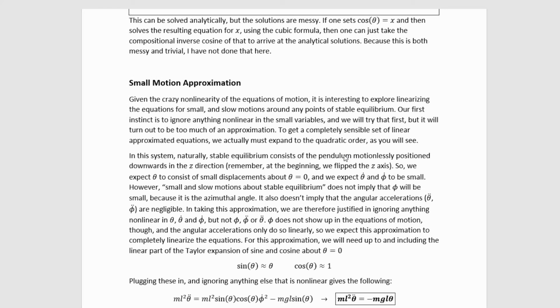It's the spherical pendulum generalization of the small angle approximation you do on the simple pendulum. Given the crazy nonlinearity of the equations of motion, it is interesting to explore linearizing the equations for small and slow motions around any points of stable equilibrium. Our first instinct is to ignore anything nonlinear in the small variables, and we will try that first, but it will turn out to be too much of an approximation. To get a completely sensible set of linear approximated equations, we actually must expand to the quadratic order, as you